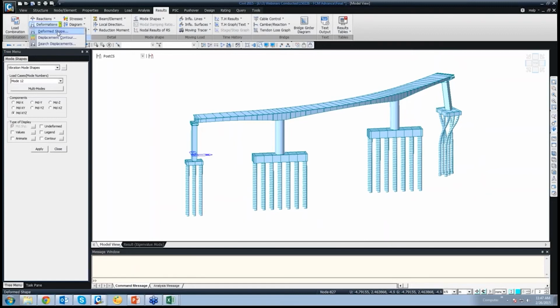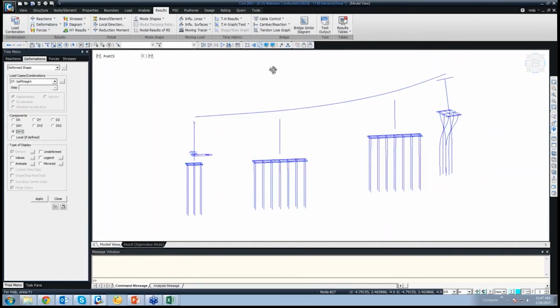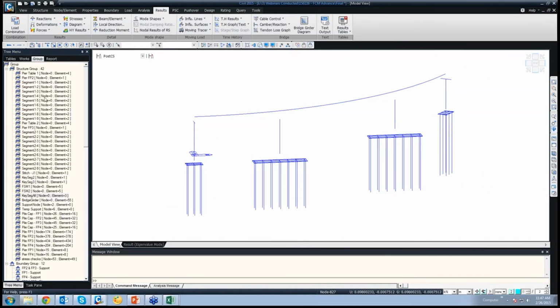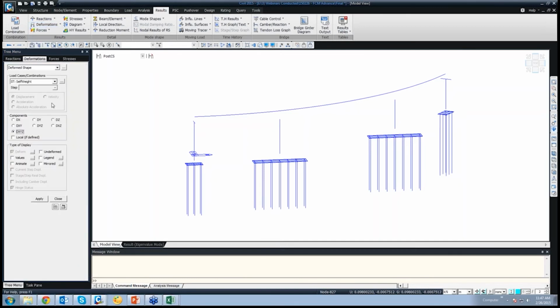Now let us check the deformed shape. Since we have performed the settlement analysis, just come to simple view again, view as before, and we go to deformation, deformed shape for the settlement case.